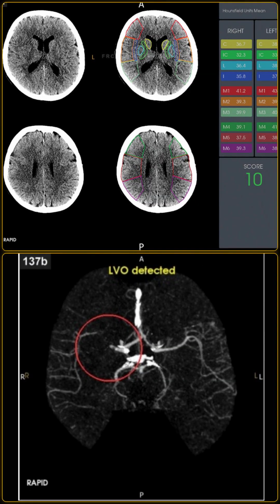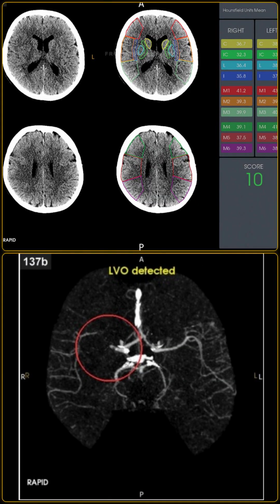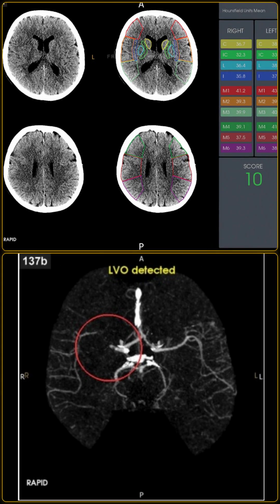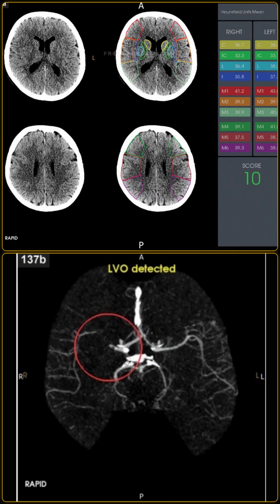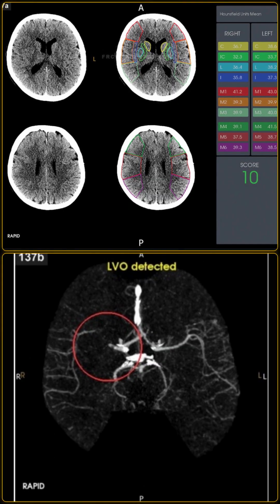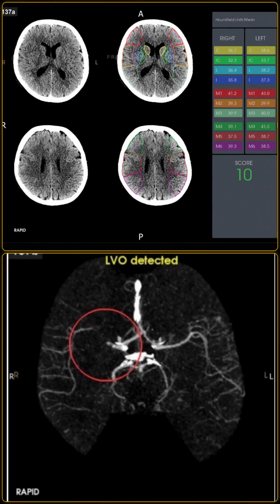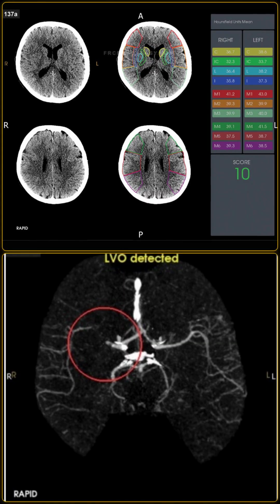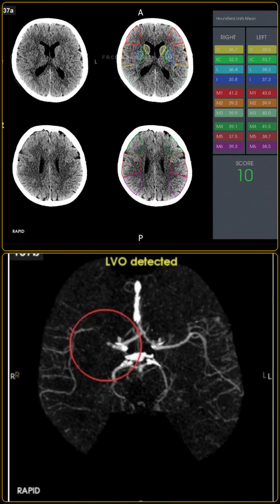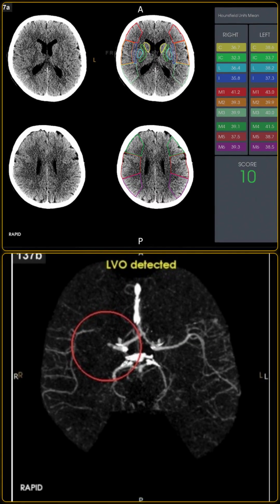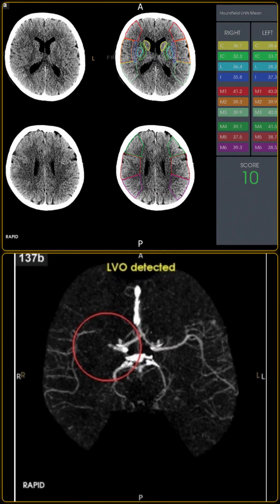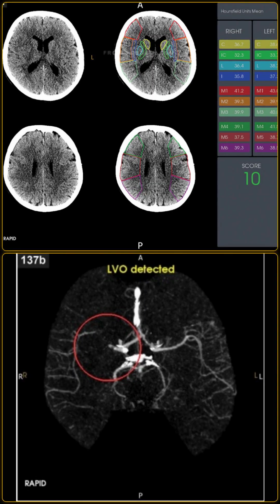For every region demonstrating early ischemic changes, such as loss of gray-white matter differentiation or sulcal effacement, 1 point is subtracted from 10. A score of 10 represents a normal CT, while a score of 0 represents complete MCA territory infarction. An ASPECT score of 6 or higher is generally considered suitable for mechanical thrombectomy, as it indicates a large volume